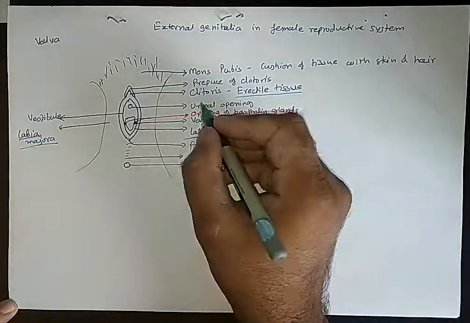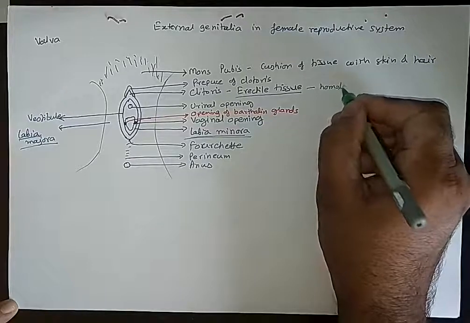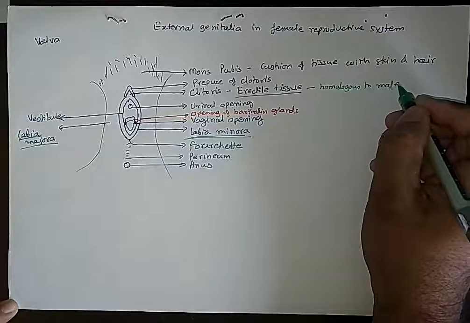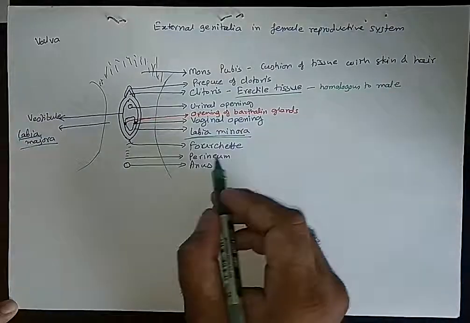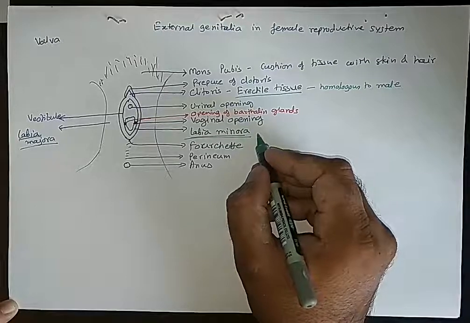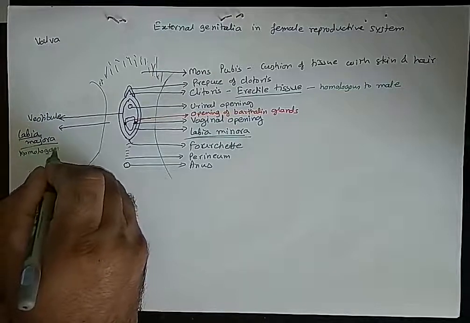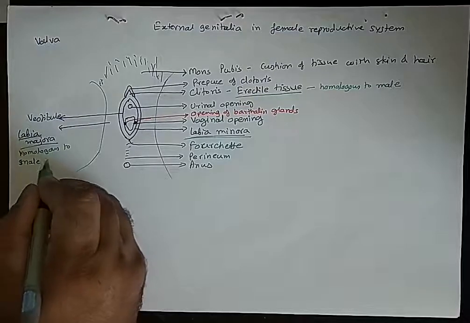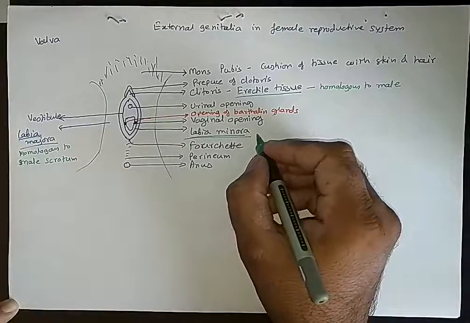The clitoris in the female reproductive system is equivalent to, or homologous to, the male penis. Then the labia majora is equivalent to the scrotum, homologous to the male scrotum. Labia minora